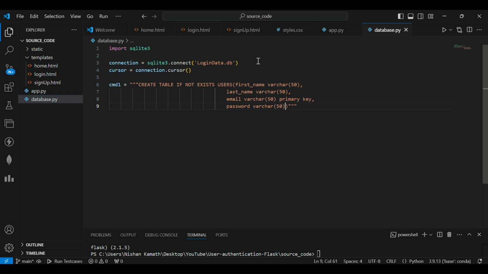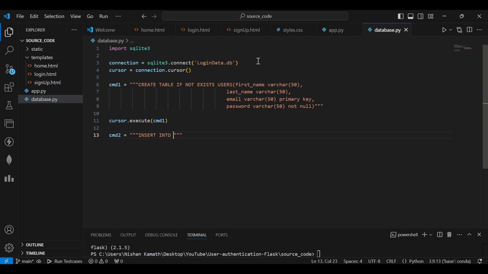And also I need a password varchar 50, and it should not have null value, so not null. And I'm executing this command using cursor.execute, and once it is executed we need to check